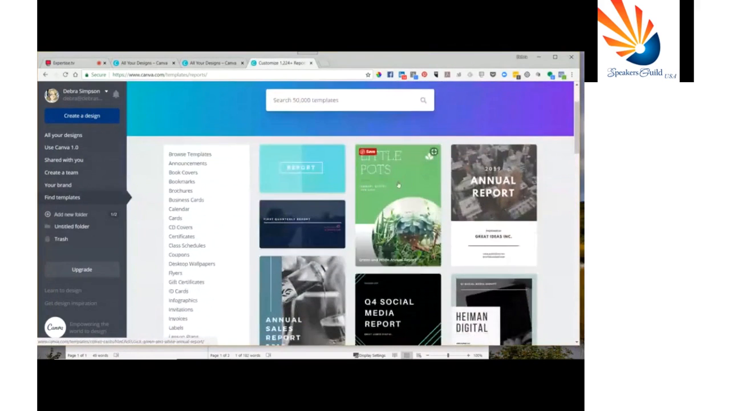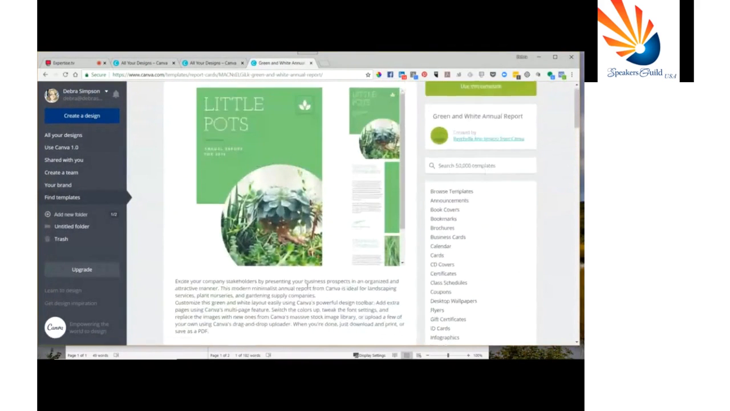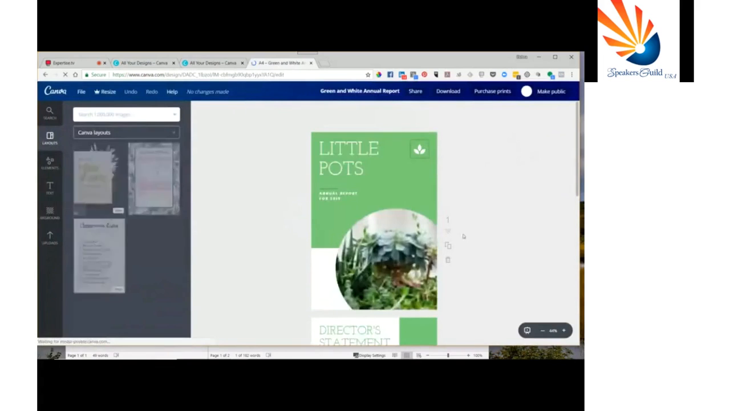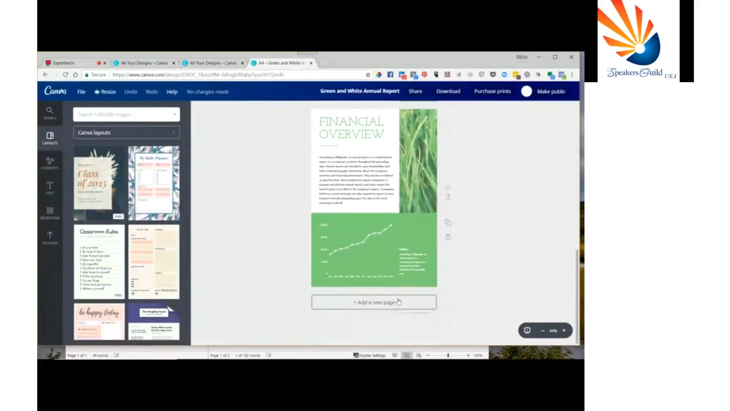So if you just picked one, an annual report, and if we use that template, now you see you have pages. You can add new pages. So this is a great way for you if you want to be able to create an ebook, because what happens is if we go back to my designs,